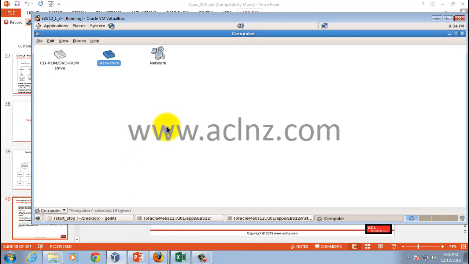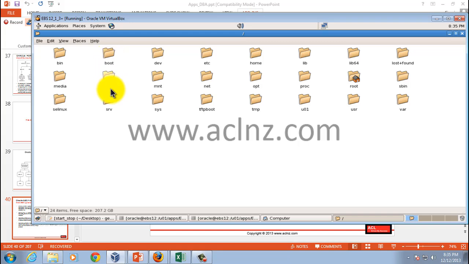Now here is the server. I will show you the directory structure in two ways. One is we will go through the actual directory structure through the main directory one by one, just like we do in a Windows environment. But remember that this is a Linux environment, and I'm just showing you this for your ease. It's easy to understand. So when you go to the main file system, Oracle applications have been installed in release